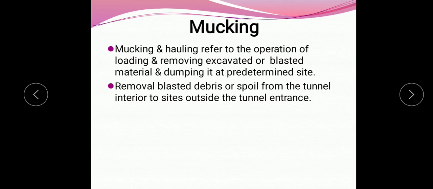So the process of loading the excavated material and unloading that excavated material to the outside of the tunnel is called the process of mucking.